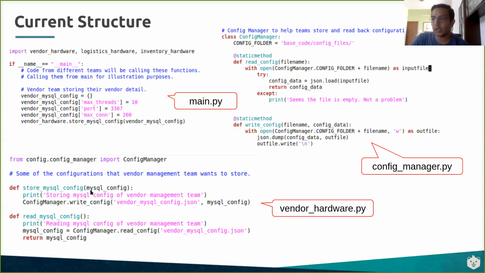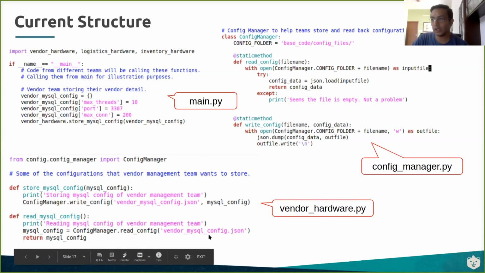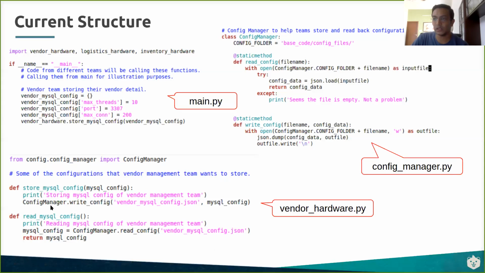But internally, what this is doing to read and write is using config manager, which is what our architecture is saying. So it calls the config manager write config, and the parameters it passes are the file name where I want you to write my config, and the data I'm passing for you to write. And when reading, it says, read this particular file, return to me that data, which I will use for multiple purposes. So all he's doing is very simple here. There's a config manager which supports read config and write config.